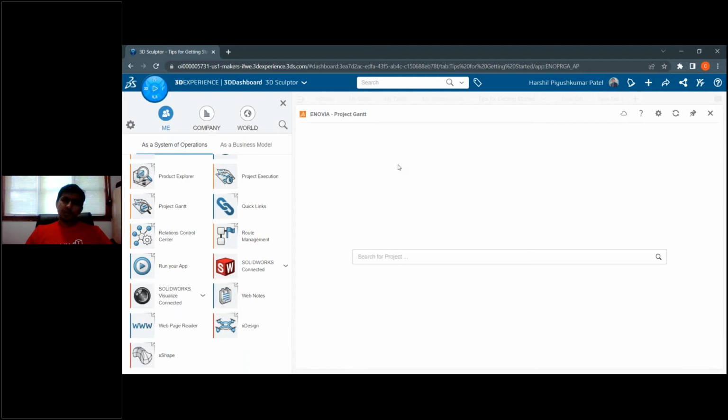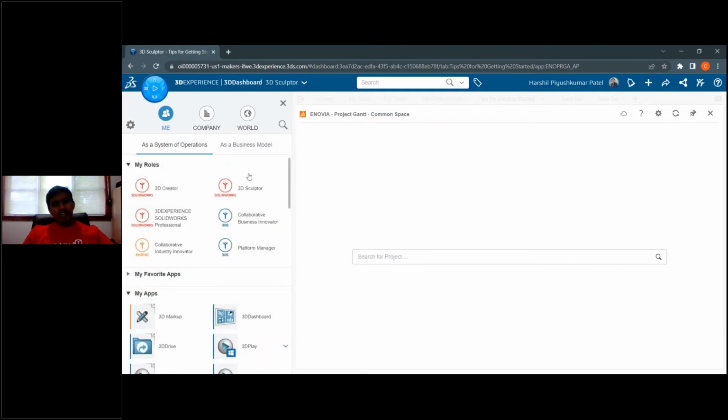If you are working on any particular project, you can create a project chart, and you can plan according to your timeline, and you can communicate with your team members to take a reminder about what's the process and what's the review on that thing. So you can do all the things on the 3D experience platform.